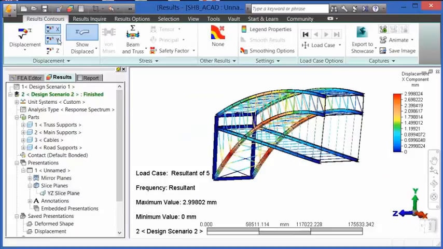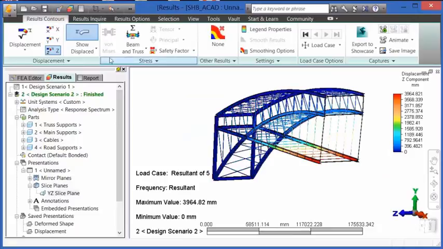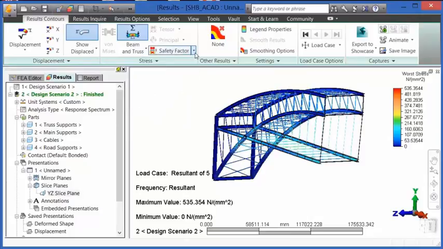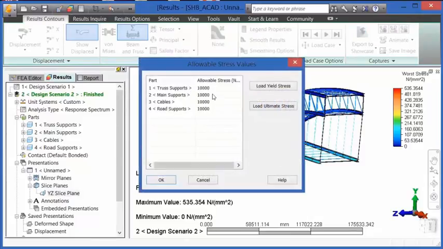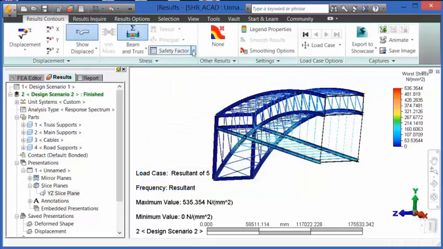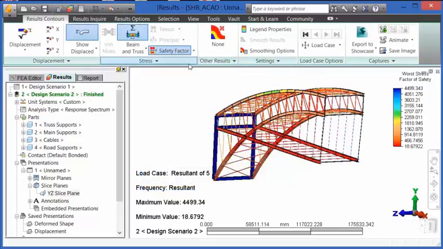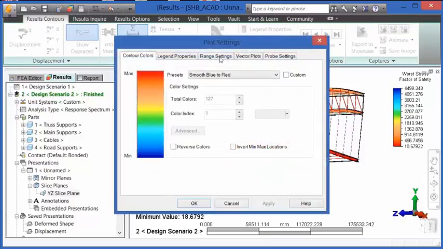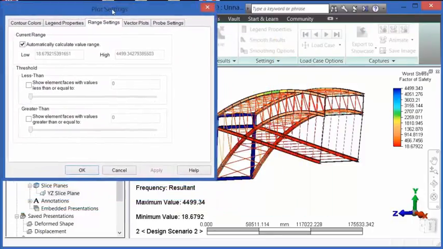Looking at half the model, we're going to take a look at the various types of displacements, stresses, or safety factor. It should be noted with the safety factor that the user can enter an allowable stress on their own or load the yield stress or ultimate stress of the material. So taking a look at safety factor, we can also go into legend properties, range settings, and we can utilize